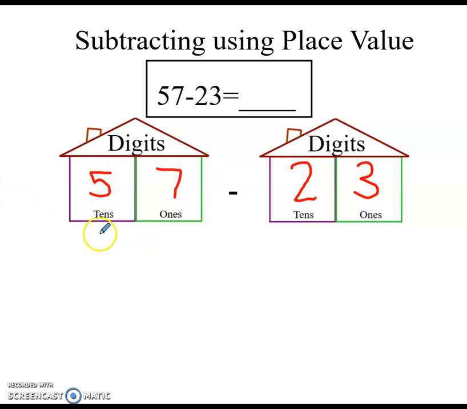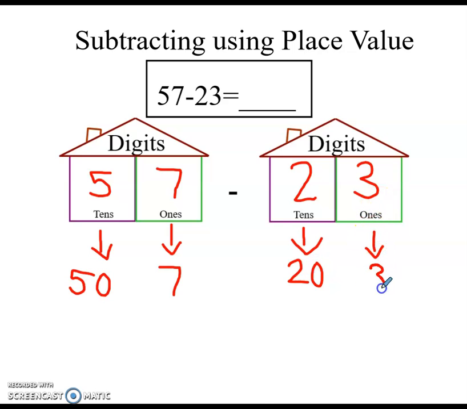So this is actually 5 tens, and 5 tens is 50. And then this room is ones. So that means we have 7 in here. This room is a tens again. So it's not just 2, it's actually 20. And this is a ones room. So it's still 3. Okay? Now,